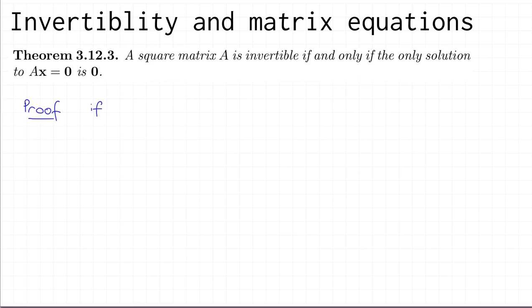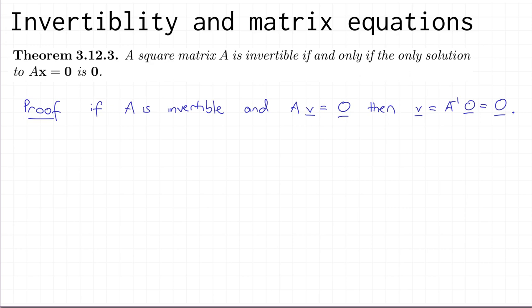If A is invertible, and if you've got any solution to that matrix equation, so let's say A times vector V is equal to the zero vector, then multiply both sides on the left by the inverse of A. What do you get? Well, on the left-hand side of our equation, we cancel the A out. It becomes the identity, so you just get V again. And on the right, you get A inverse times the zero vector, which is always the zero vector again. Okay, so we've shown the only solution, V, is the zero vector. So conversely,